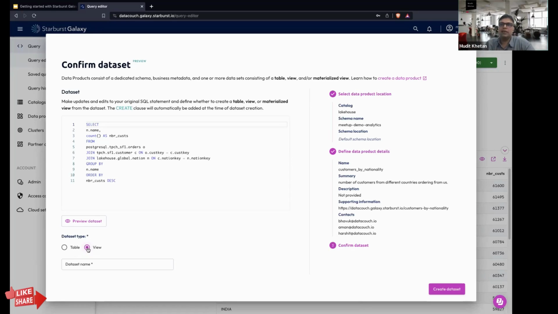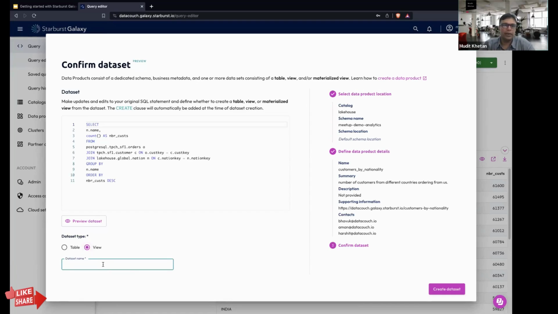So if you understand that the updates are not very frequent, or they come in batches, or they come very infrequently, then you can go for the table, and then you can update it when there is no peak hour or in the background, whenever your system load is low. Or if you understand that the data keeps on updating very frequently and the users need to have real-time insights, then you can go for a view, right?